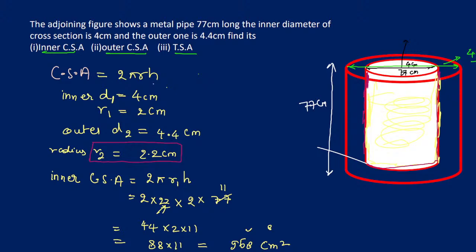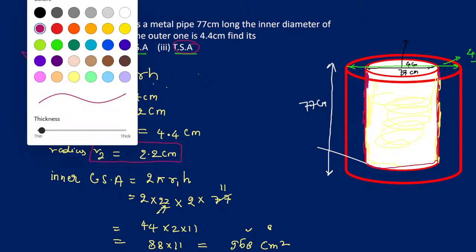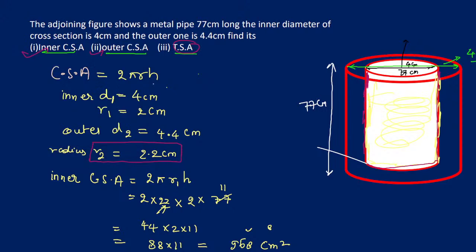The first question is over and the second one is over, and the third one you have here is to find the total surface area. What is total surface area? This one is done, and this one is done. We want to find the total surface area from this question. So in order to find the total surface area, see, for the total surface area, beta, what you have to do is, if you want to find the inner surface area,